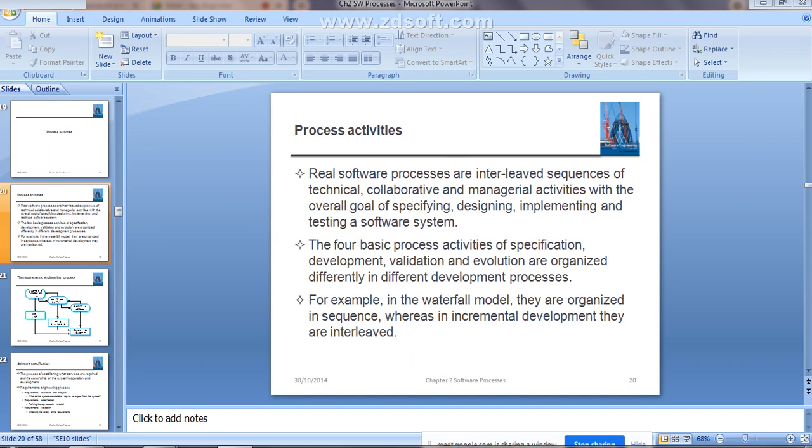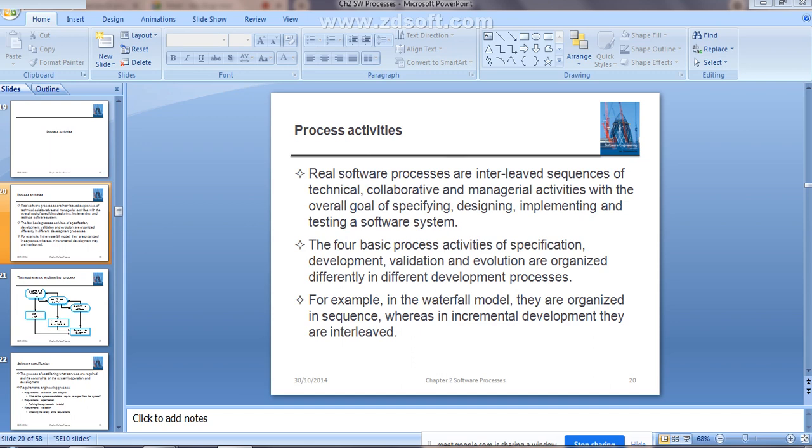For example, we have seen three different types of process models: waterfall model, incremental model and the reuse-oriented model. We have seen how the phases and activities are arranged in all three types of process models. In the waterfall model, what will happen?